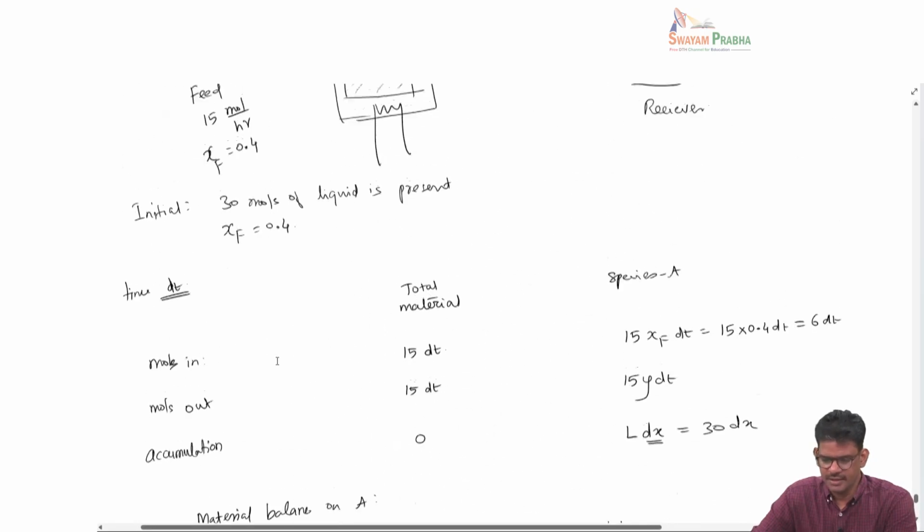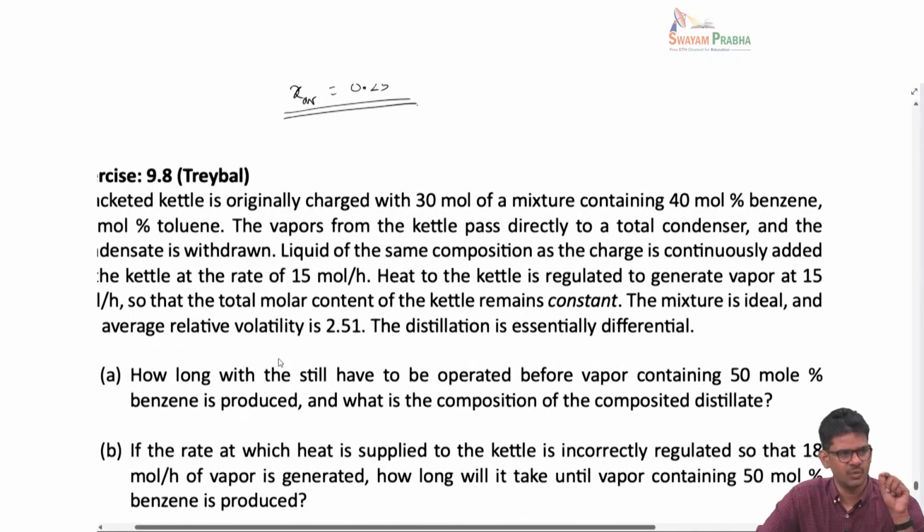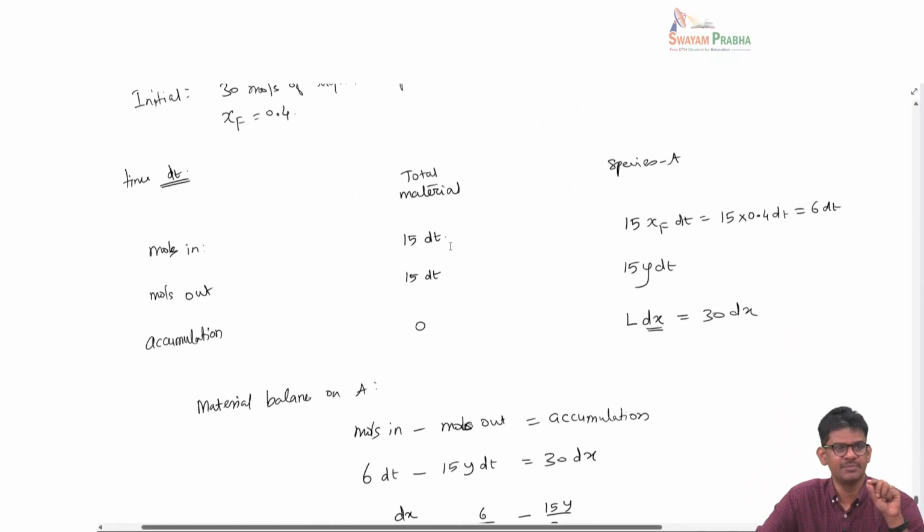Okay, again this problem is not that hard. The only thing is you have to know how to do the material balance for this particular problem. You should know what is coming in, what is going out, do the total balance. So here the total material balance is not a problem because both are same and cancelling. In part B that is not the case. Moles coming in is 15 dt, moles going out is 18 dt. Okay, so there you will see that the total liquid will change, so that you have to take into account. But for this problem it is